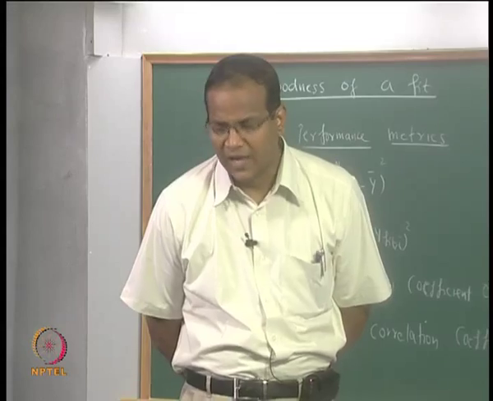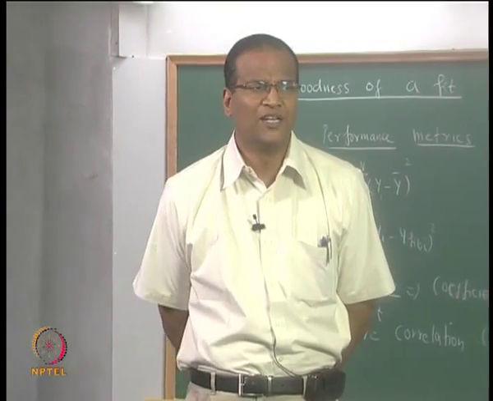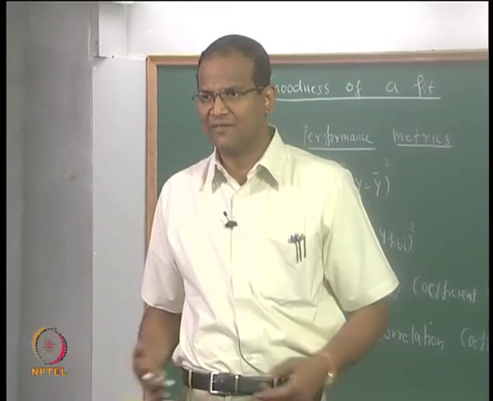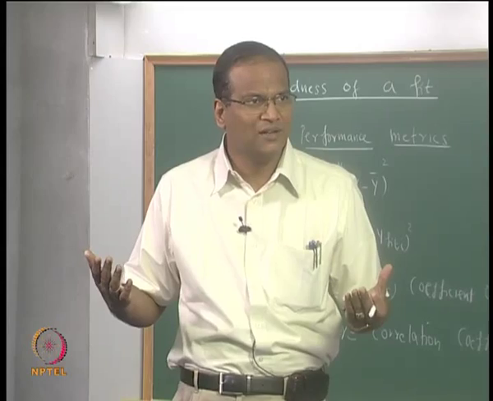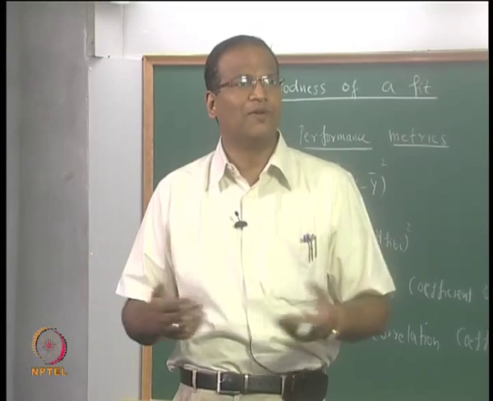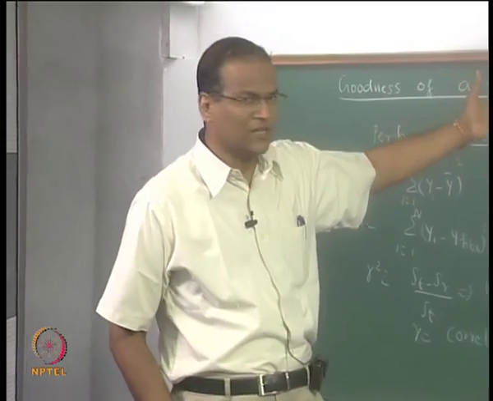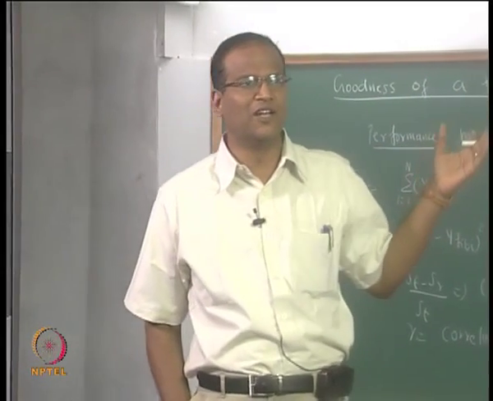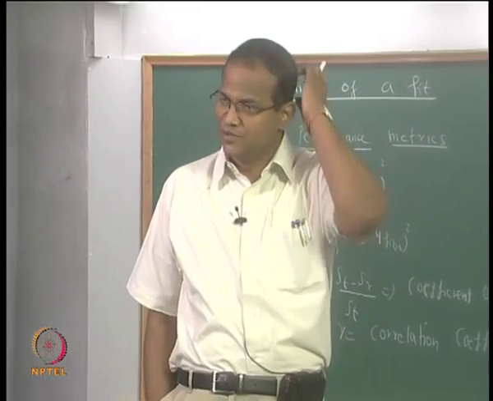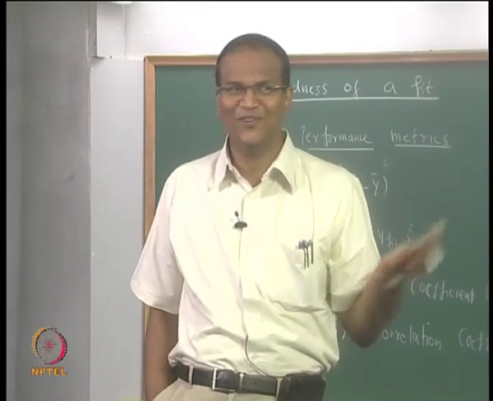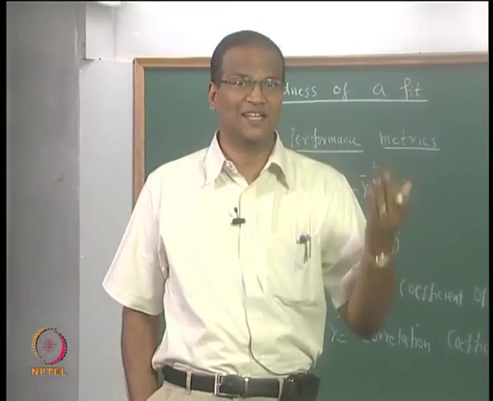Between exact fit, correct. If it is a straight line, y is equal to ax plus b, and you have 2 points, there is no question of error, it will be an exact fit. Therefore, this formula is meaningless if you try to do a linear fit for 2 points. When n is equal to 2, the denominator becomes 0 and the result becomes infinity, which does not mean that the standard error is infinity. It means don't use this formula for n equal to 2. So we want to be careful, n is much greater than 2.